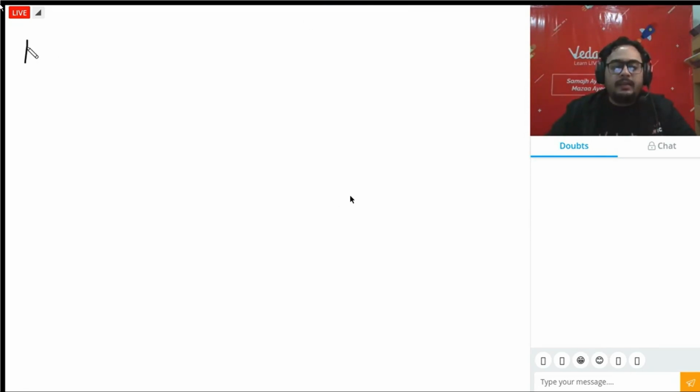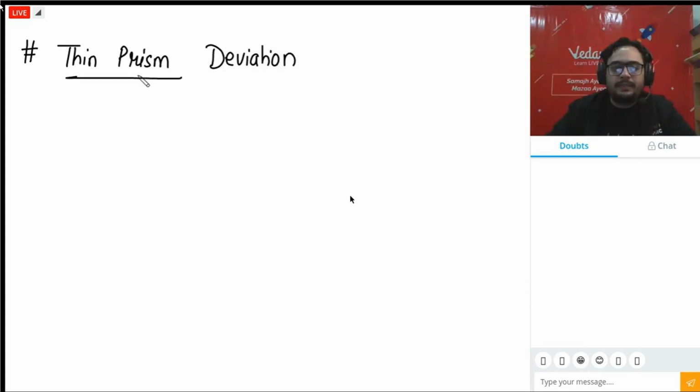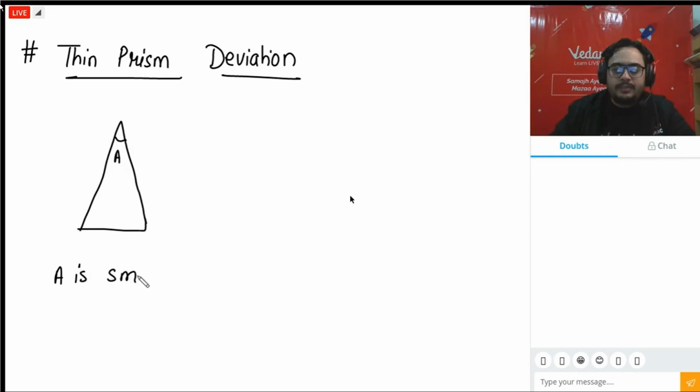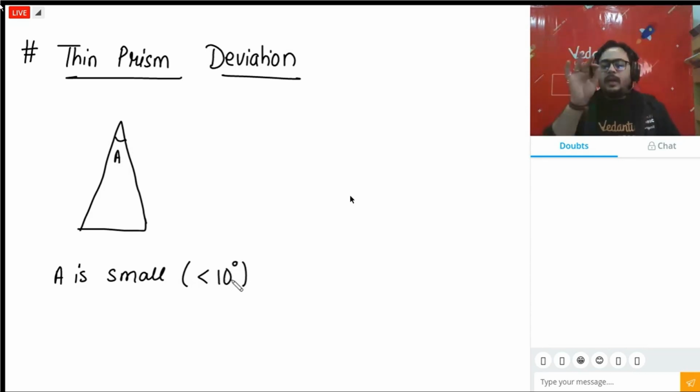What will happen if your prism is thin? What is the meaning of thin prism? This is a very small heading: thin prism deviation. Suppose you have a prism, but it is thin, not like me. It is thin, so the A is small. Generally we say less than 10 degree. If it is so thin that it is less than 10 degree, then simply what we can say,